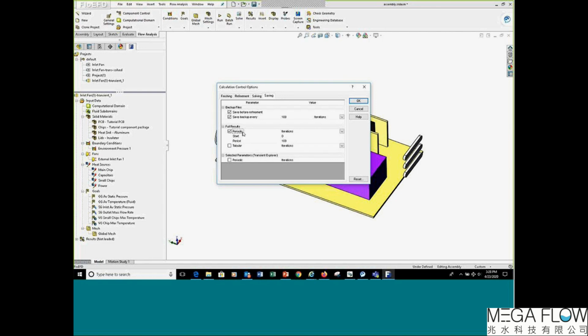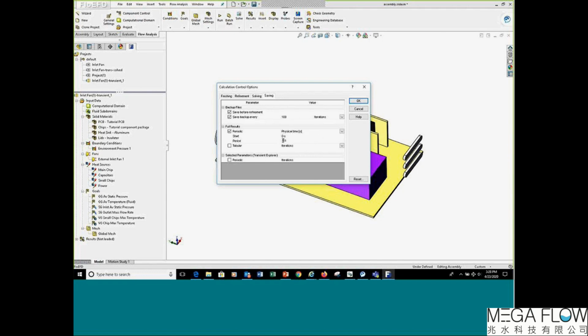But I usually start with periodic. It's just the most direct and it makes most sense. And once we activate periodic, we can change it by either iterations, physical time, or wall clock. Typically, I go to physical time, and then I can start telling EFD how often I want it to save interim files. Starting at 0 seconds, save a file